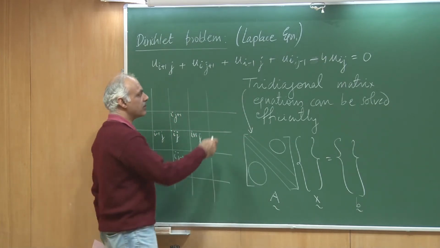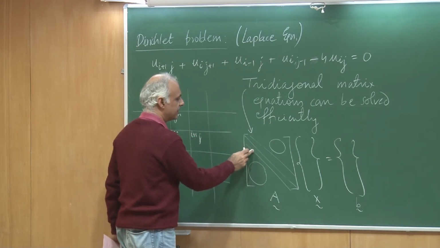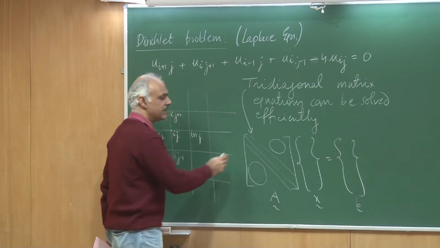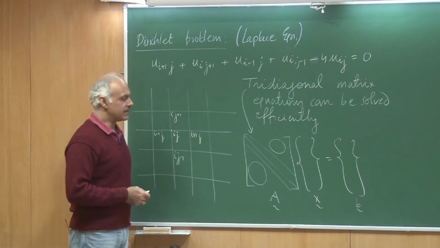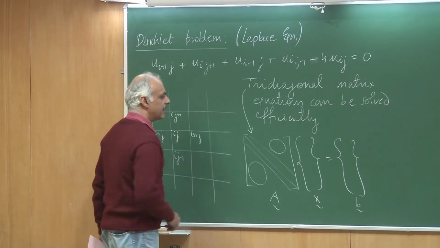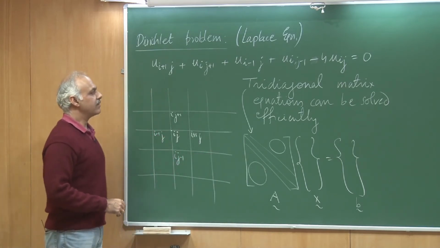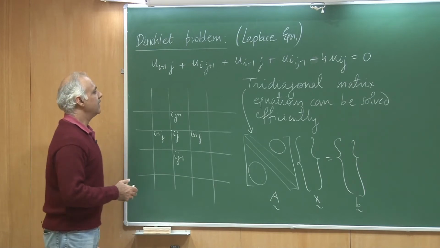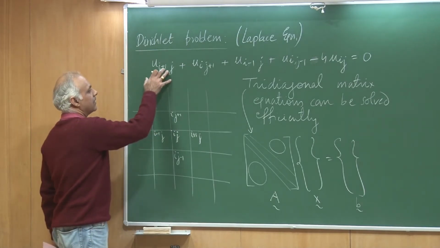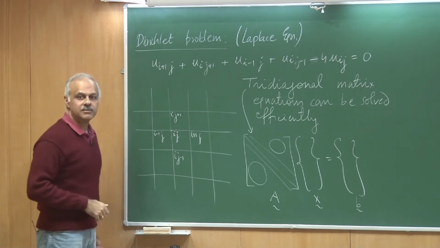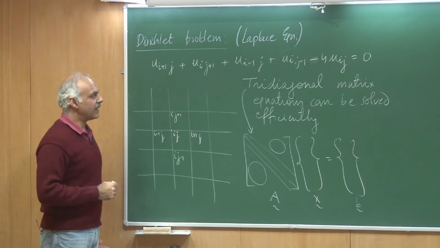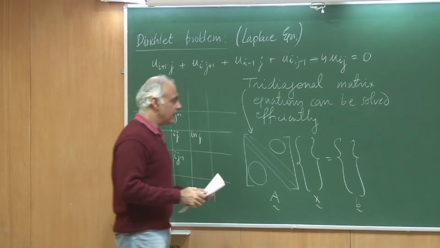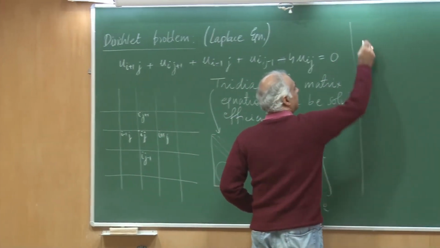I can also talk about a pentadiagonal system, wherein in addition to these 3, I could have one more each in the upper and the lower triangle which are non-zero. So that would become pentadiagonal. Tridiagonal matrices are easy to solve, and what some people have figured out is that you can use the tridiagonal system, by making some approximations, to solve this equation fairly efficiently. I wanted to describe that innovation to you, and we will be using that later in the course. So I want to describe to you the ADI method.